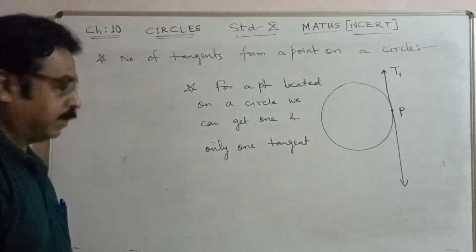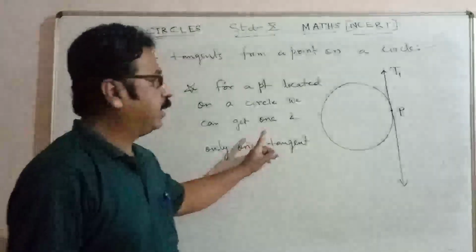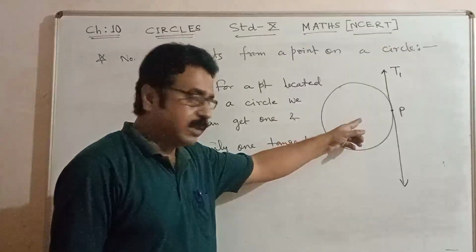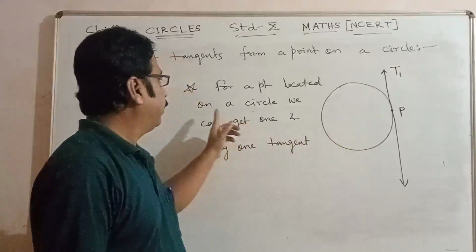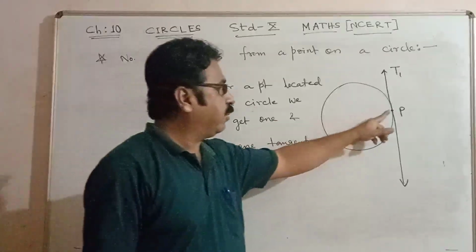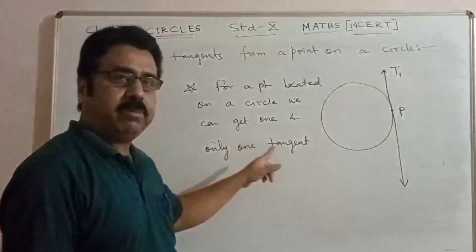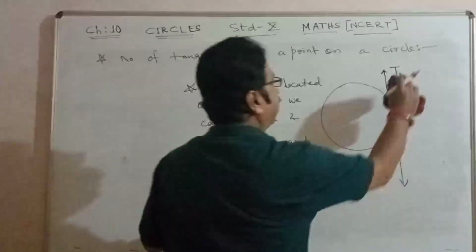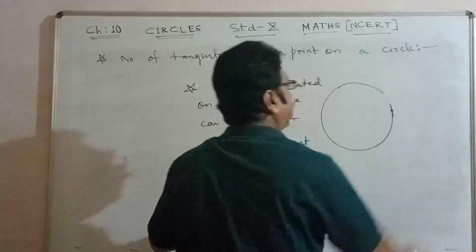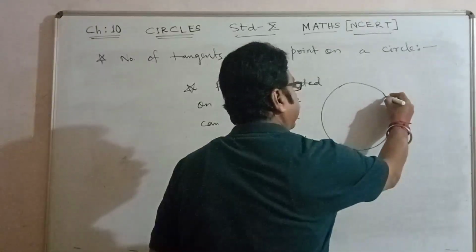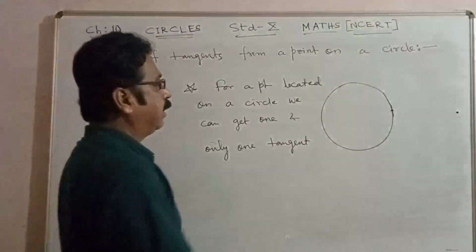Next, so what was the first case? Point P was located inside the circle. There no tangent. We cannot get any tangent. Now second case, the point P is located on the circle. There we can get one and only one tangent. Now one more situation. Suppose the point P is located outside the circle. Then